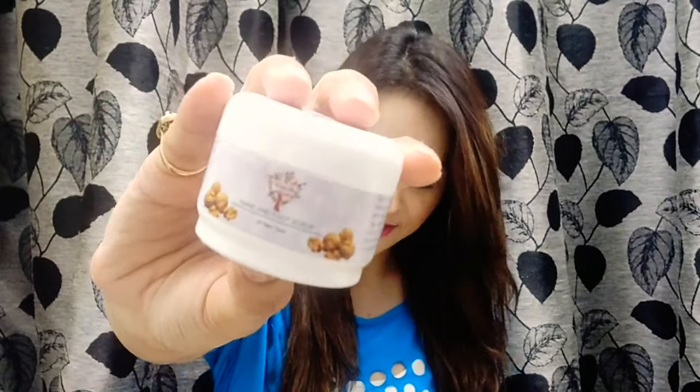The next one is by the Herbal Blend, and this is a hand and foot scrub. So this is how it looks. The price for this one is 500 rupees. And this is for all skin types, especially crafted for Ellis Box, added with walnut husk that removes dead skin cells, smoothing the skin texture, also laced with moisturizing shea butter, nourishing vitamin E and almond oil, which reduces tan